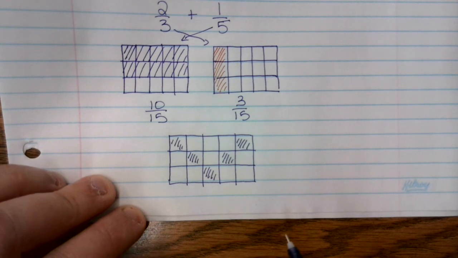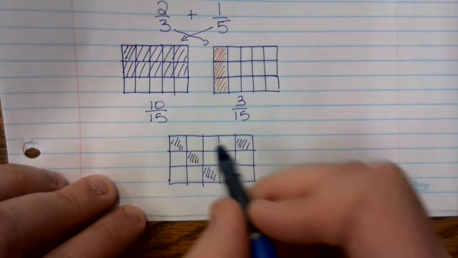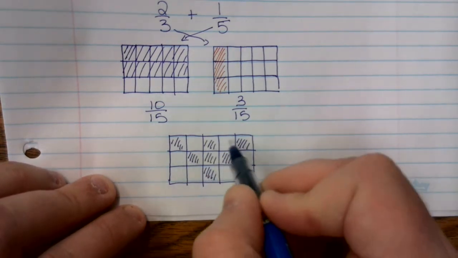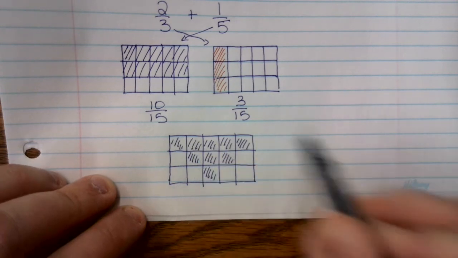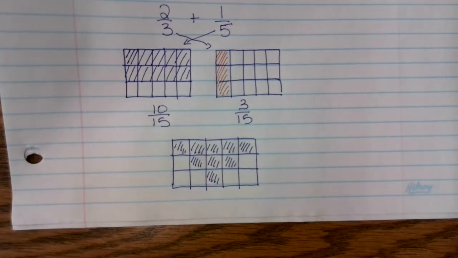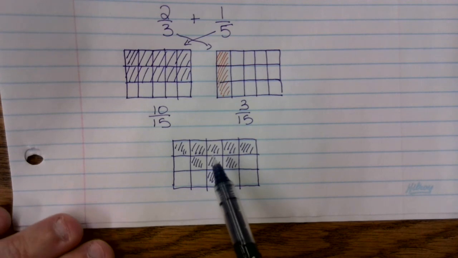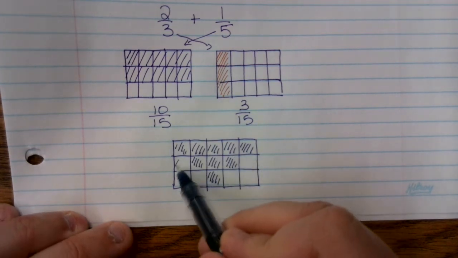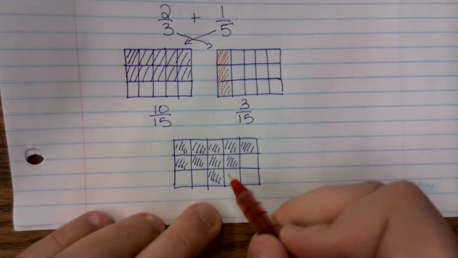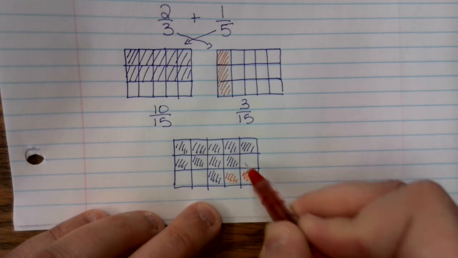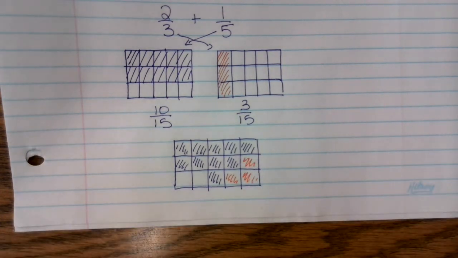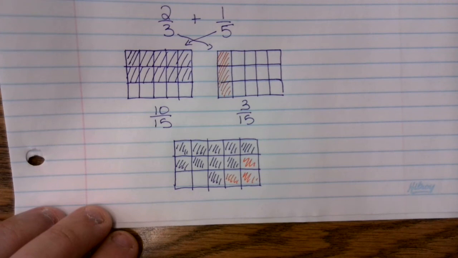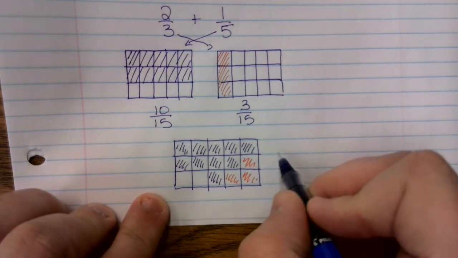Doesn't matter what order you color them in, as long as you're coloring in 10 from one and 3 from the other. And there you can see your answer will be